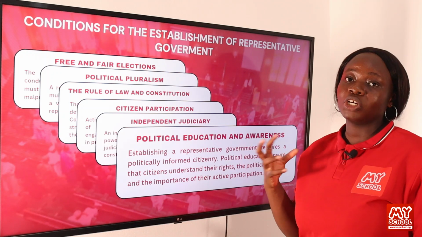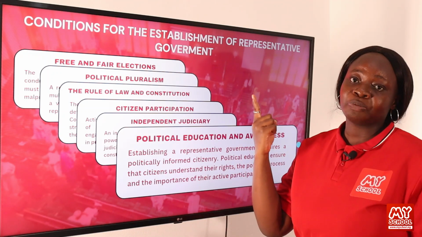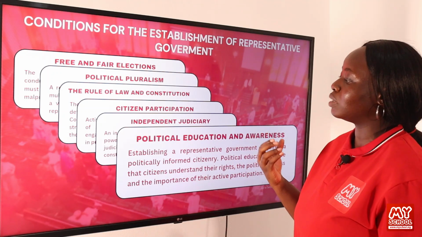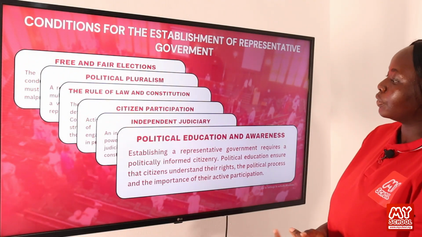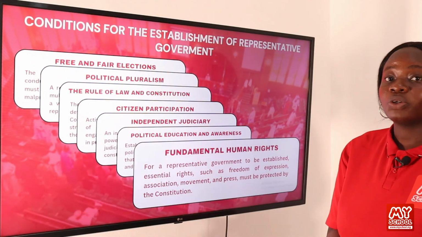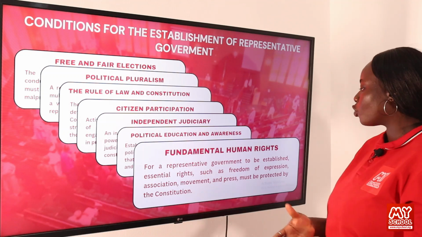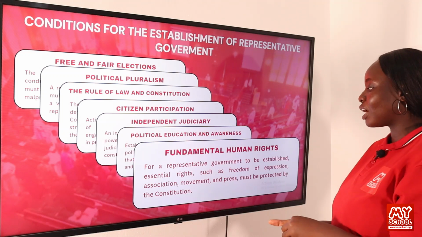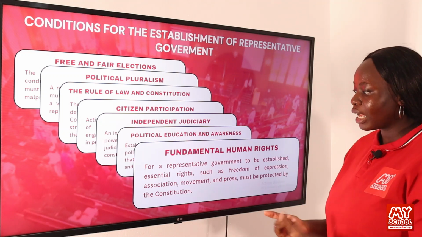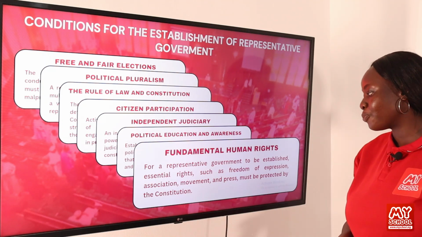So when citizens are not educated enough, they cannot participate actively in a representative government. Let's move on to another condition. We have fundamental human rights. For a representative government to be established, essential rights such as freedom of expression, association, movement, and press must be